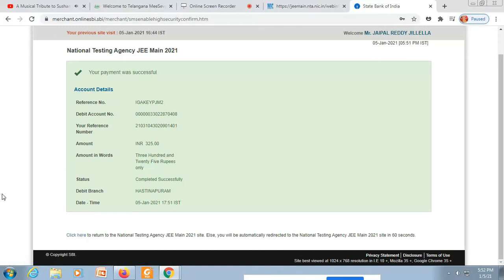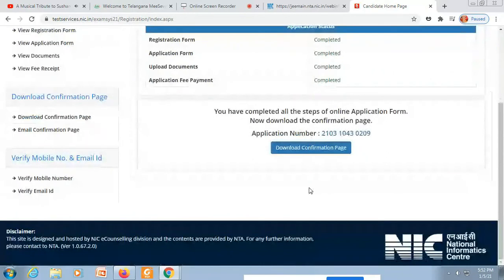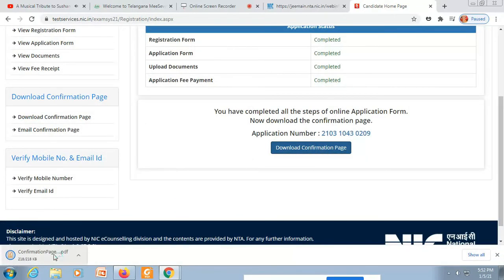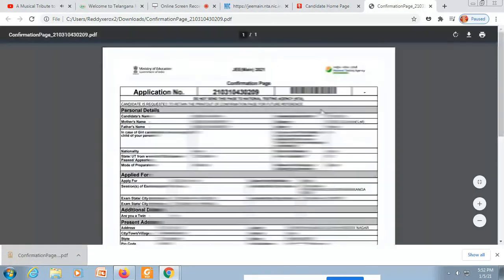So I have to click there. It will redirect me to the JEE Mains site. See here, the green symbol is to download this confirmation page. Here are the details: application number, application ID, everything is here.